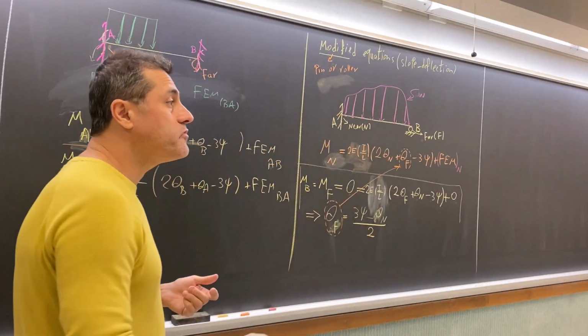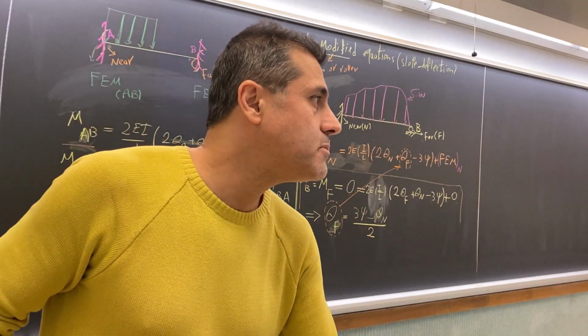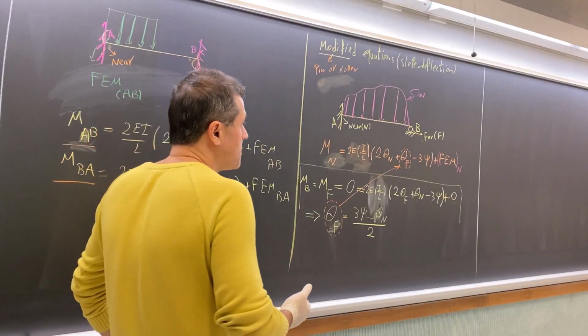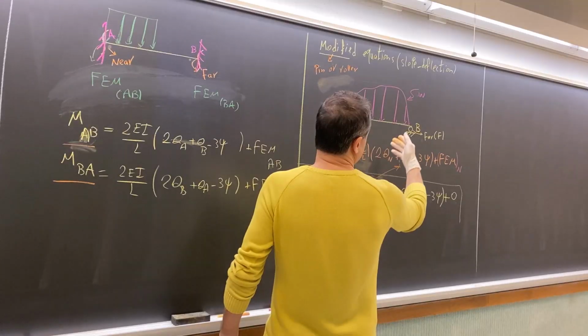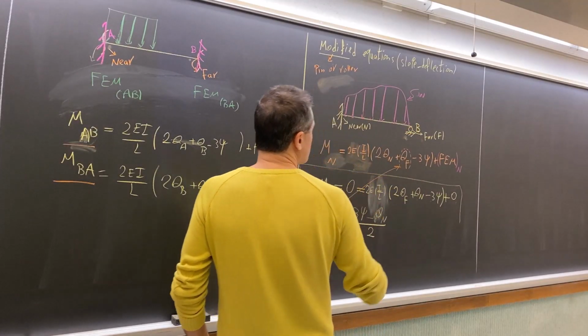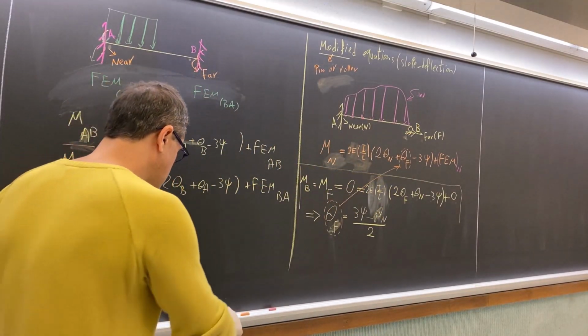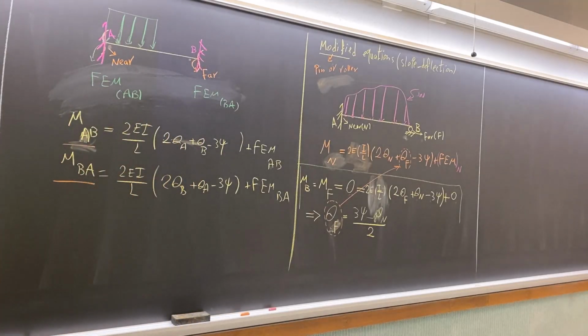Basically, we are removing theta F. One of the variables is removed because we already have one condition here. So we take advantage of that and we remove one of the variables. So if you substitute it there,